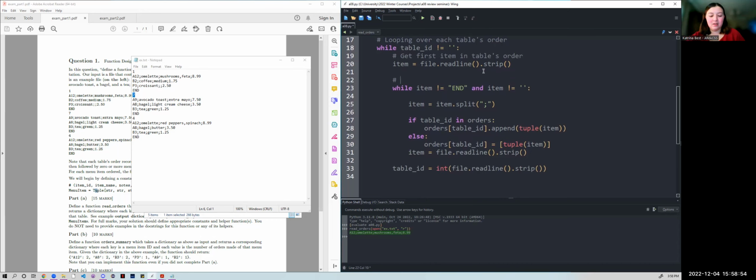This line, looping through each item in the order. So we're going to loop through A12, which is the omelet, B2, coffee, and then P3, which is croissant. We'll keep looping through there. Item, we're going to get the item, and separate it, or create a list, separated by the